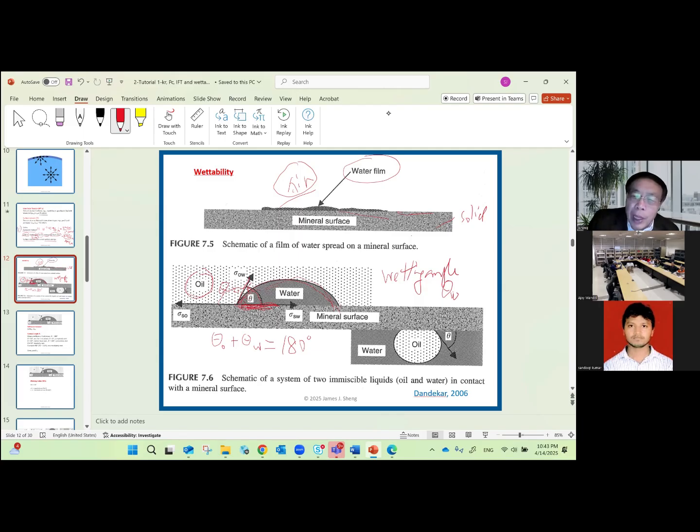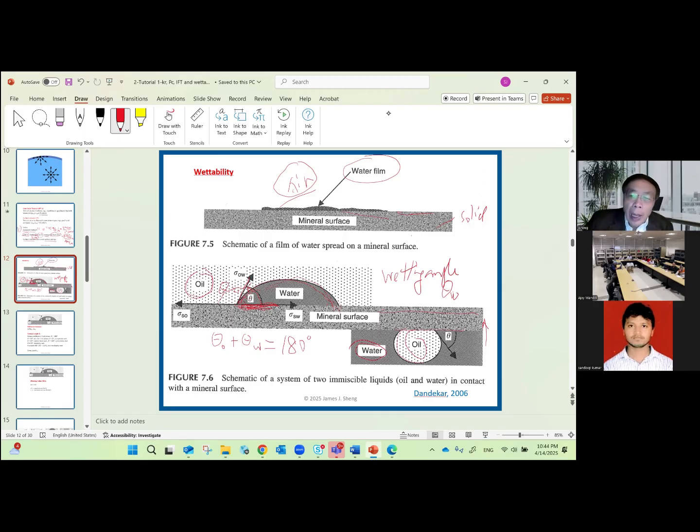Say we change this oil to water, and we change this water droplet to an oil droplet. As the oil is lighter than water, the oil droplet will float. To stop the oil from floating, you have to put this solid on top. So then this solid or rock is going to stop the oil drop from rising to the